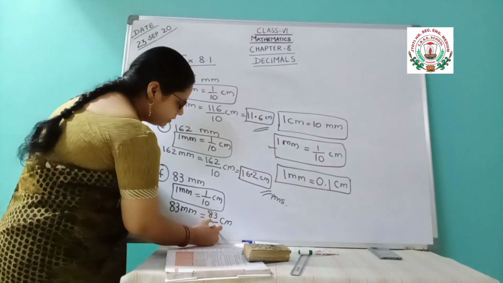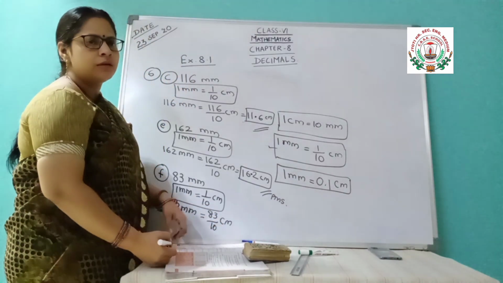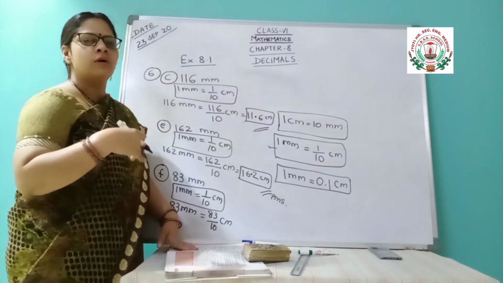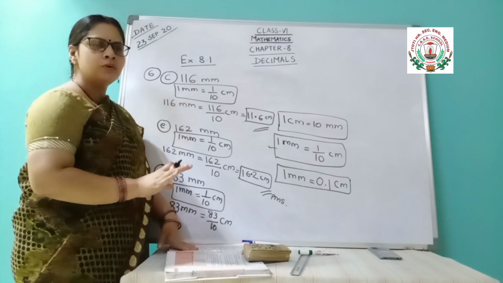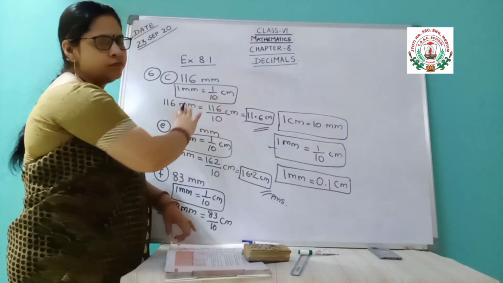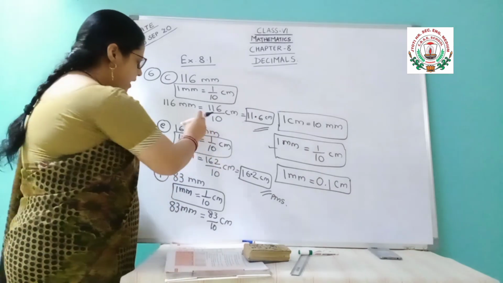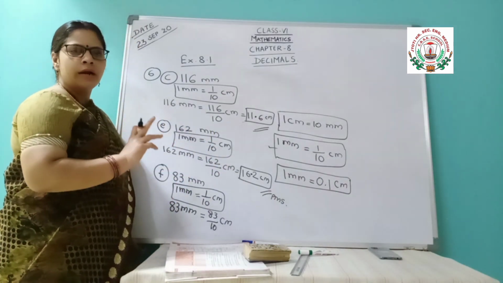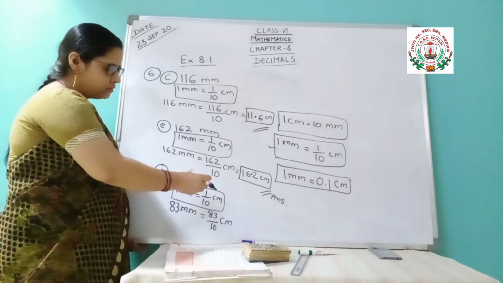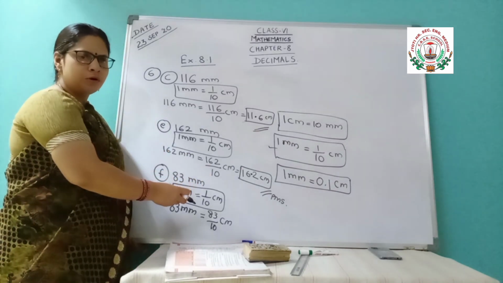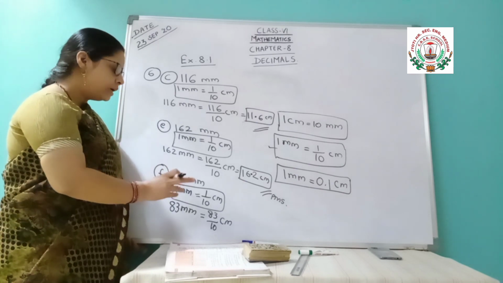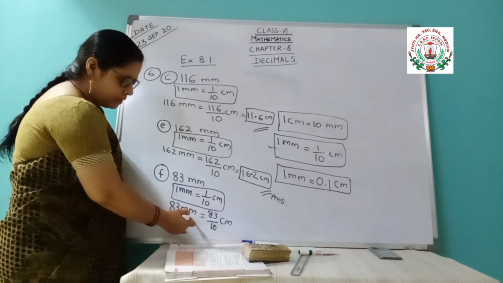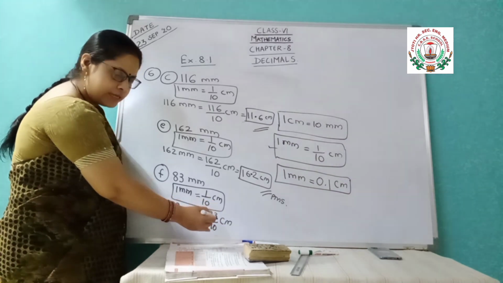Sometimes when you go for addition, subtraction, multiplication, division, we just go on writing and sometimes we don't write the unit. But here, in the conversion factor type, somewhere you are writing millimeter, somewhere you are writing centimeter, so don't forget to write down the unit. Because the unit is the main thing here, because you are doing the conversion. Okay, so don't forget to write down the unit. Like 83 is the millimeter and 83 by 10 is the centimeter.